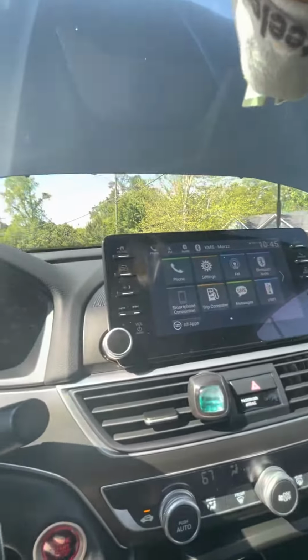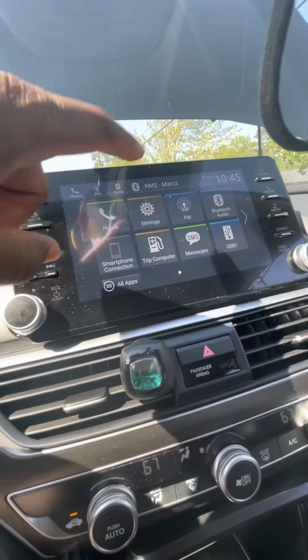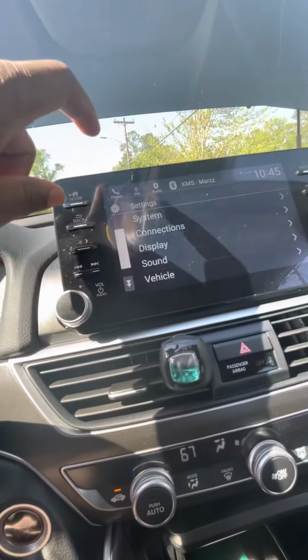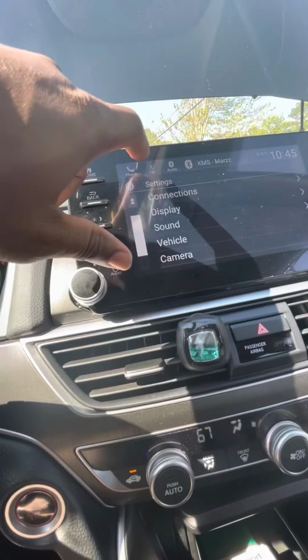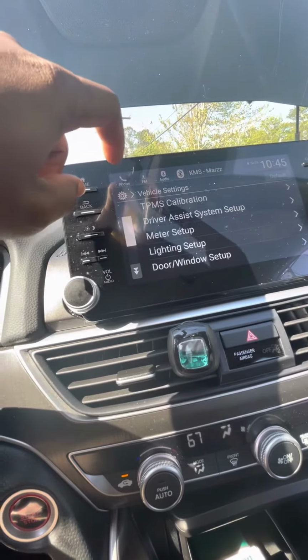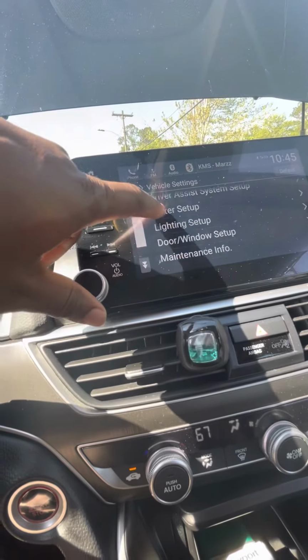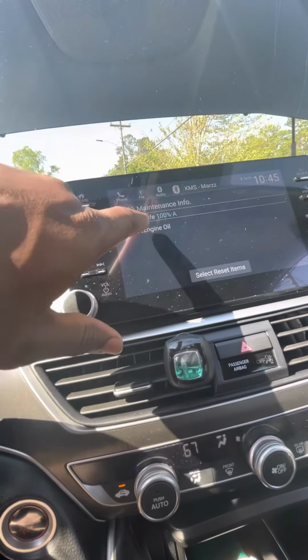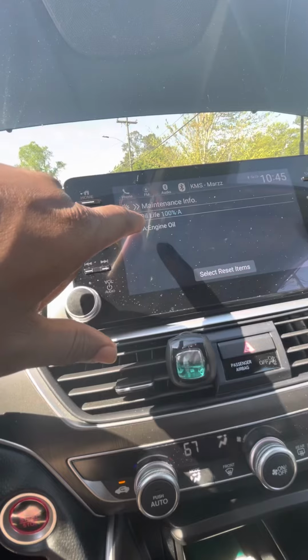Now, you could also go through here and go under settings, and then we're gonna go to vehicle. Alright, and then we are going to go to maintenance info, and then we just changed oil, so that's what